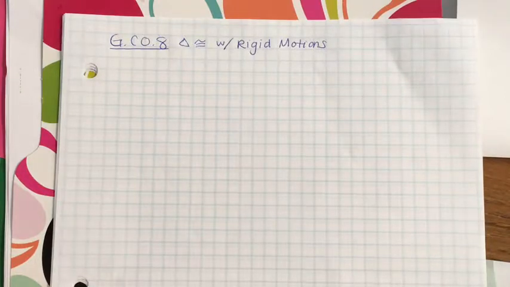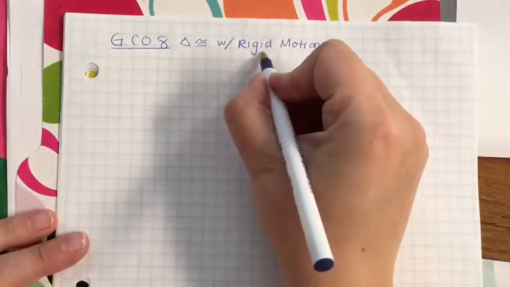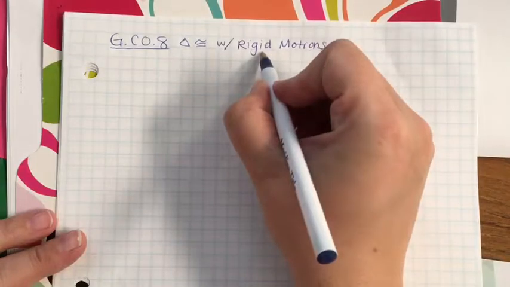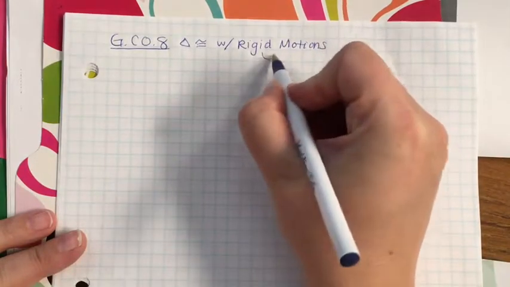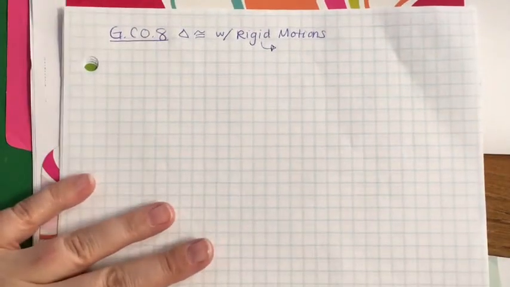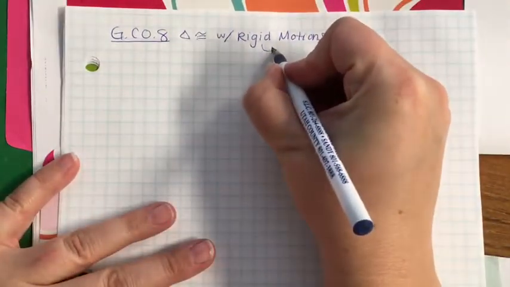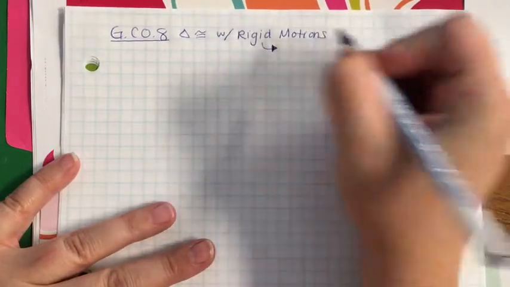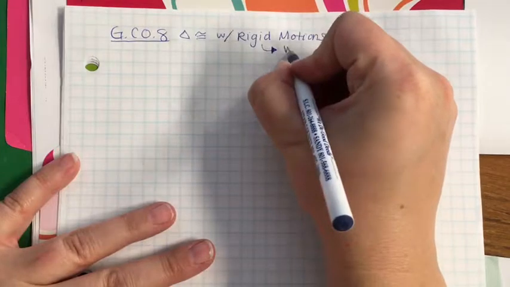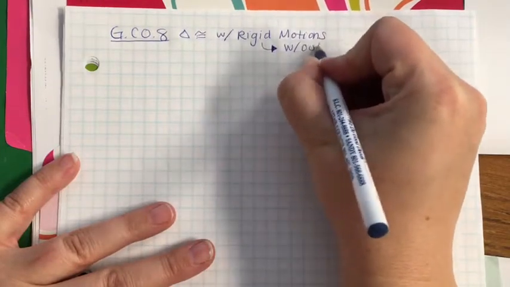This is for GCO8, triangle congruence with rigid motions. Last time we talked a little bit about what rigid motions were. They are the things that don't change the shape or size. It keeps it congruent. Now you might be thinking to yourself, wait a minute, that sounds very familiar. And if that does sound very familiar, that is very similar to GCO7. And so basically it's without the whole thing of the